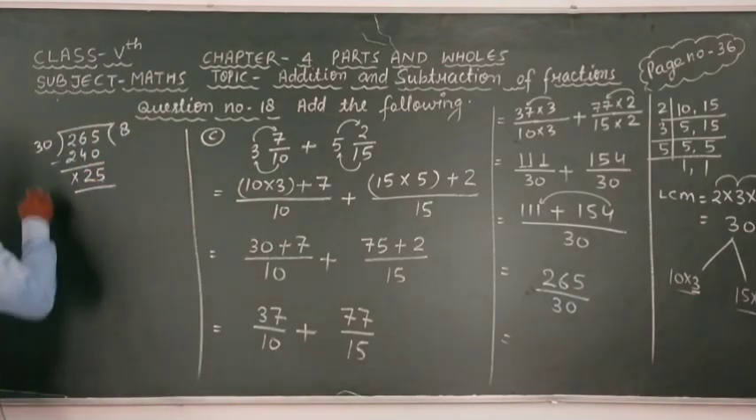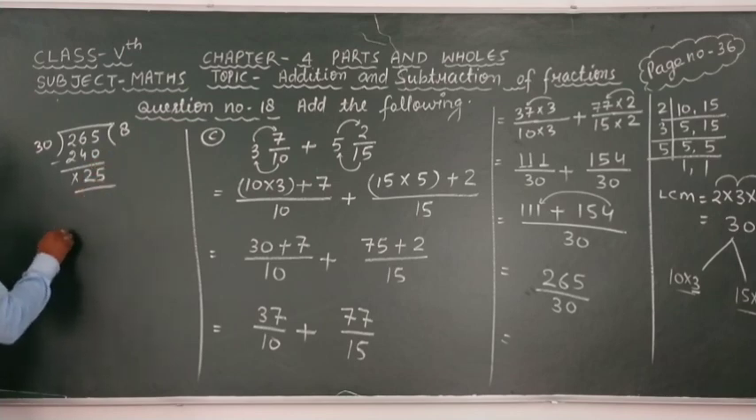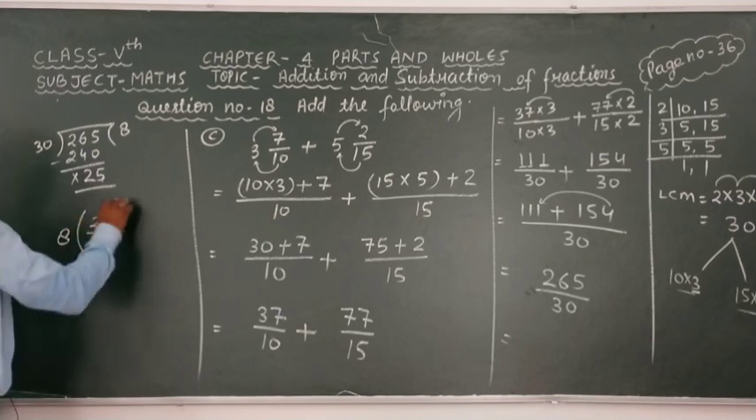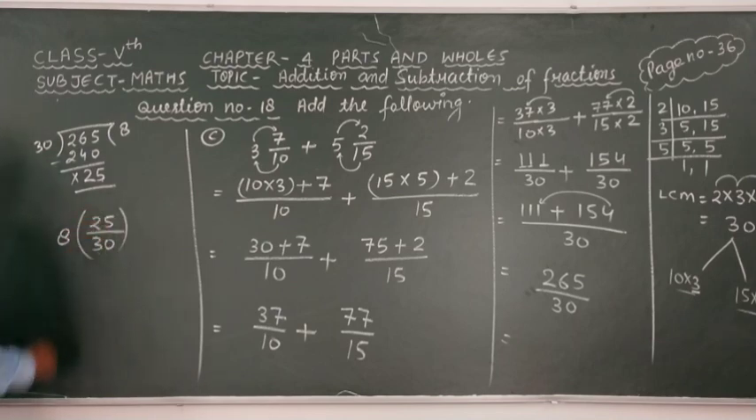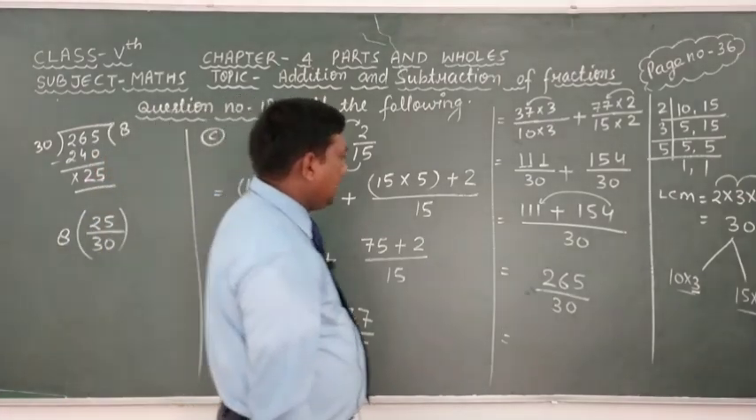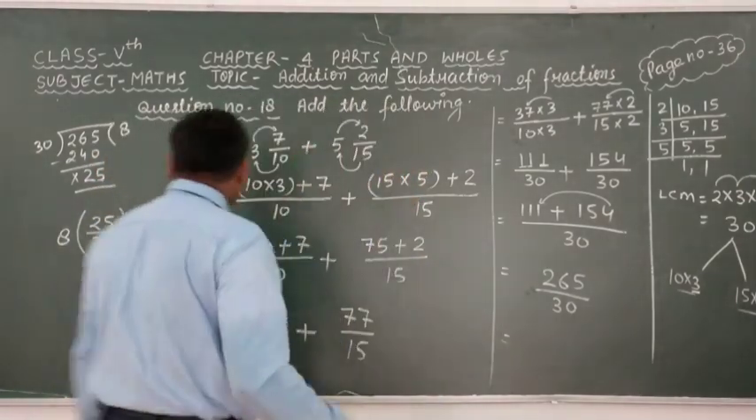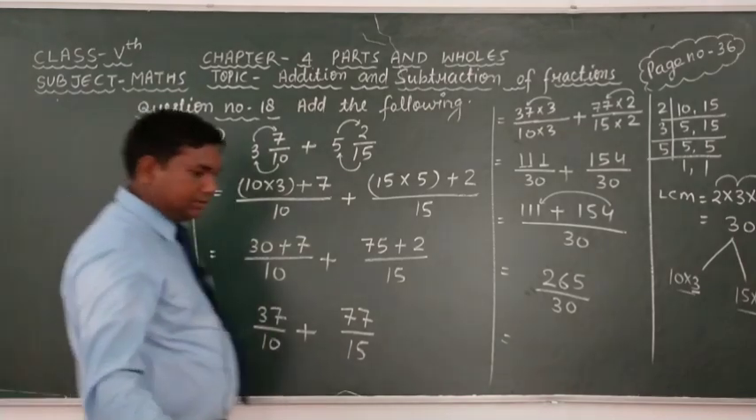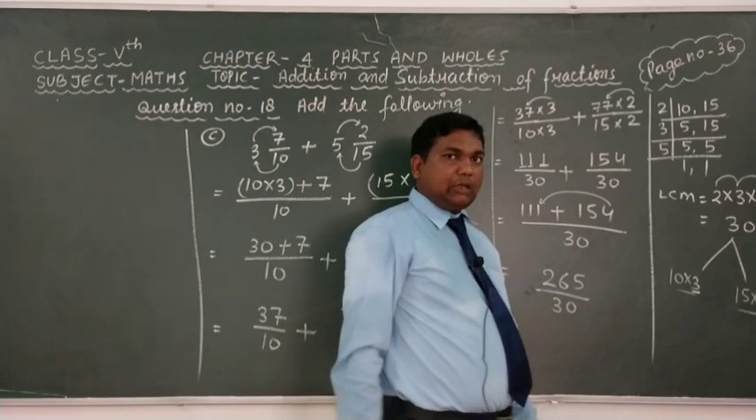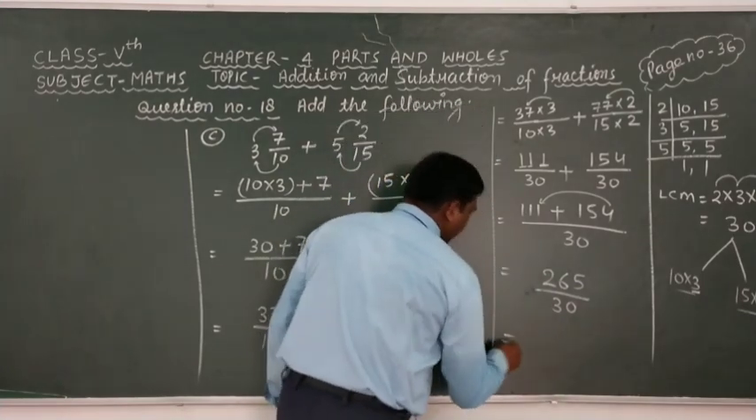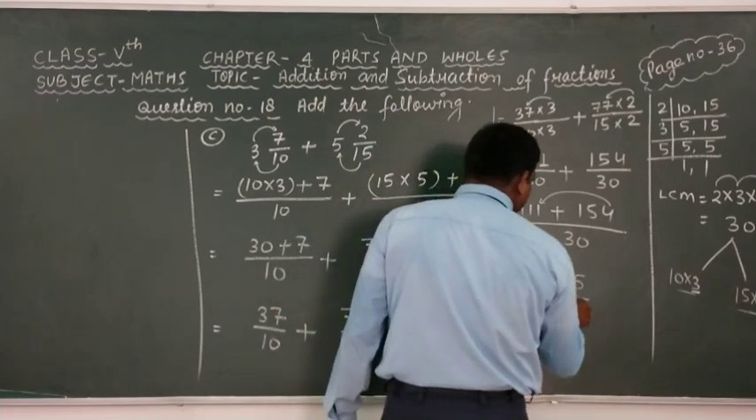Here given that 25, here 30, and here 8. Okay, then 8 whole 25 over 30. Dear sons, in this fraction, look at here carefully. 5 fives are 25 and 6 fives are 30. It means that firstly we have to take this fraction into simplest form, then by taking the division of